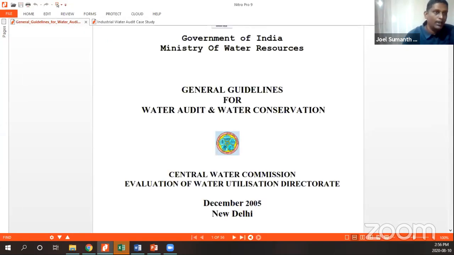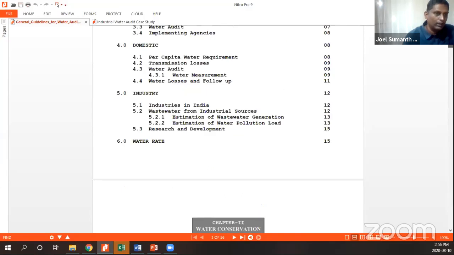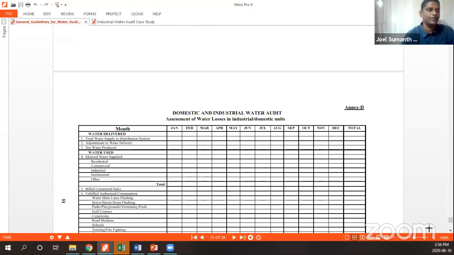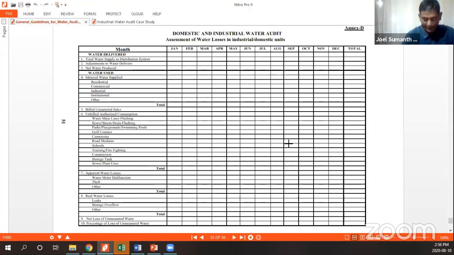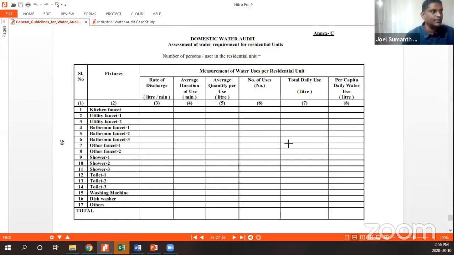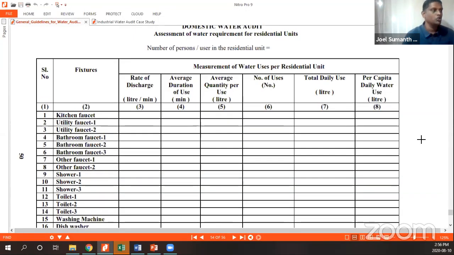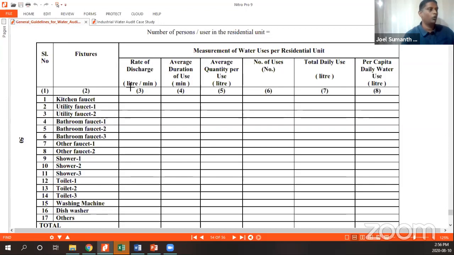Now I just want to show you a couple of formats which are prescribed by the government for water auditing. So this is a domestic water audit assessment template. For domestic purposes, for domestic water audit, this is a template which has been prescribed in the Government of India guidelines. So you see, you identify what is the rate of discharge, that is how much water is